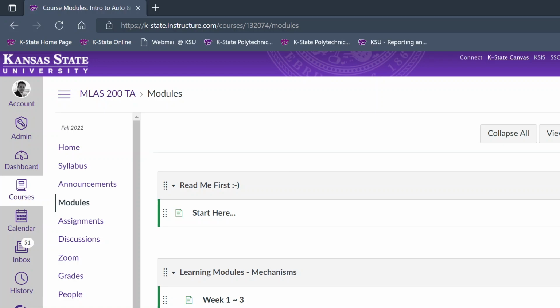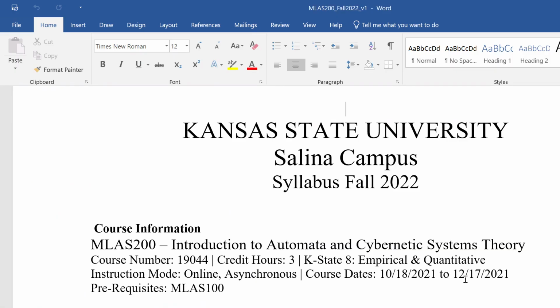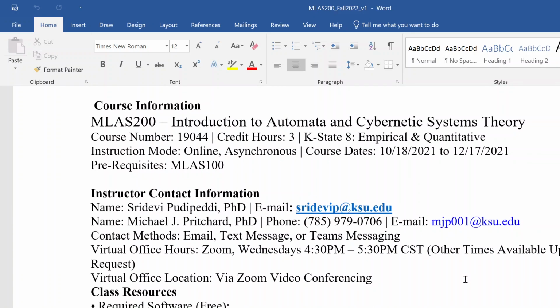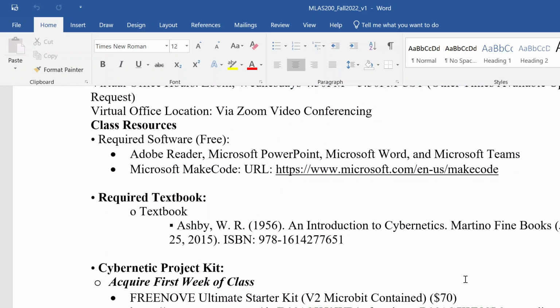So let's talk about the second agenda item, which is the syllabus. Our syllabus here is the standard one. It's our contact info, as well as the textbook that you're going to be using, which is an Introduction to Cybernetics. This is an Ashby book, and we will help you with the readings